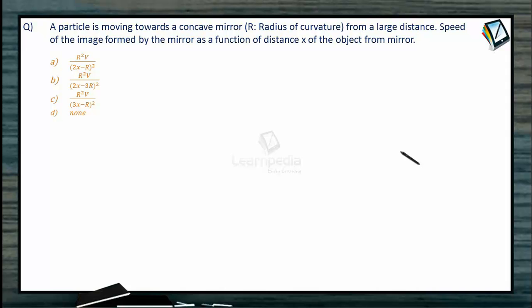A particle is moving towards a concave mirror, r is the radius of curvature, from a large distance. The speed of the image formed by the mirror, as a function of distance x of the object from the mirror, is. Basically, suppose here it is our concave mirror and this is its principal axis and some object is approaching towards